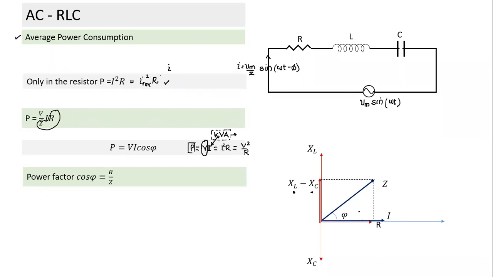And when we look at this, if we look at the previous one, this is where the current is, and this is where the applied voltage is. Sometimes we also say that some component of current is along V, and some is perpendicular to V. The component of current which is perpendicular to V does not cause any power consumption. That's called wattless current. What is wattless current? The current which does not consume power. So the cos theta component consumes power, and the sin theta component does not consume power. That's where you use power factor.